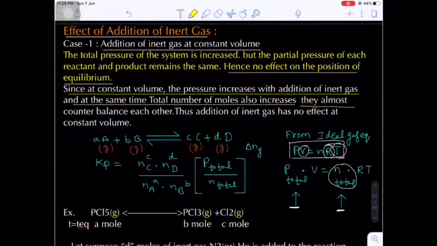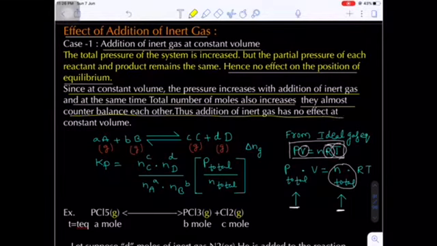Yes, they almost counterbalance each other. So that's why addition of inert gases at constant volume has no effect on the position of the equilibrium. Now here the Kp expression we know. In this expression, total pressure increases because the number of moles increases, and these two are compensated with each other. That's why there is no effect